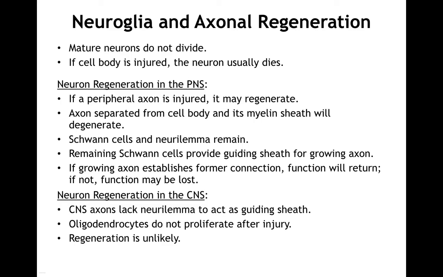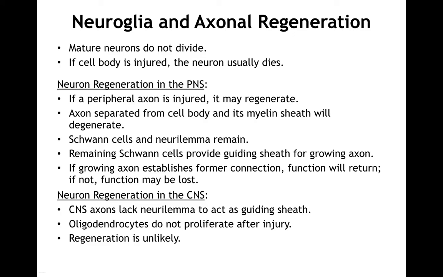Mature neurons do not divide. They are amitotic. If the cell body itself is injured, a neuron usually dies. In the peripheral nervous system, if just the axon is injured, it can regenerate itself on occasion. The axon is separated from the cell body, its myelin sheath degenerates, then Schwann cells and neurolemma remain, and those Schwann cells provide a guiding sheath for the growing axon. If the growing axon establishes the same former connections, the functions will return. If it does not, the function may be lost,